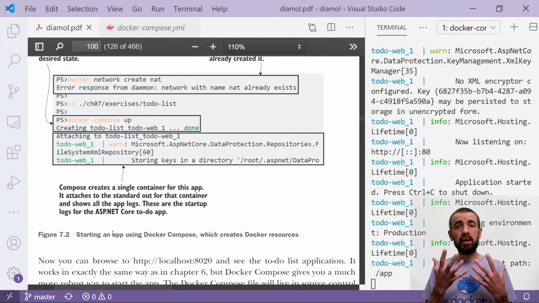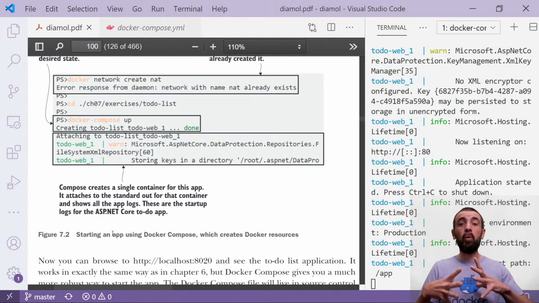There's just a single component in this compose file, but it's still useful to document everything in a compose file. It means I don't need to have a README document that says, in dev mode, we use port 80 and we connect to a network called NAT. That's all effectively documented in the compose file in a way that's actionable. So anyone who just does Docker Compose up, all the little bits and tweaks of the parameters are all concrete